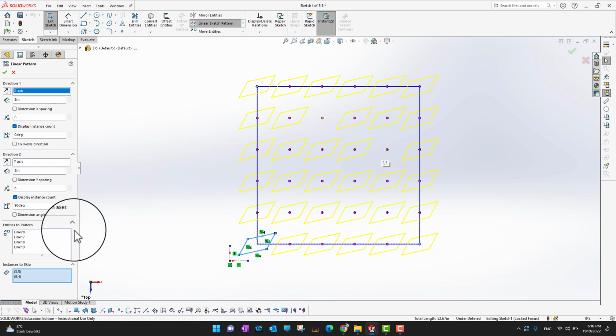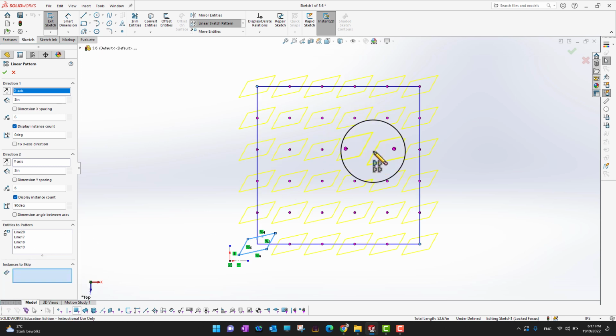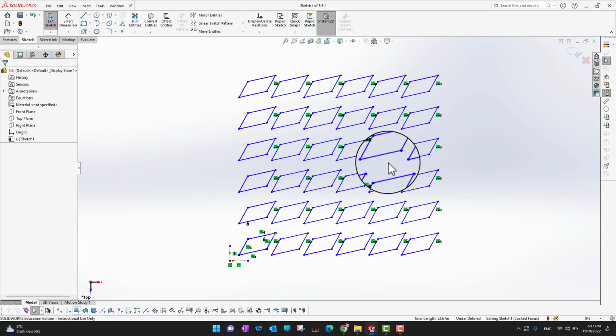Or if you want to bring them back, you can go here again, select the pattern and delete, and it's going to come back. Again, you can select the pattern number which you deleted, right click on it and delete, or just select it and press the delete button on your keyboard. In this way it's also going to come back. So this was all about the linear pattern. So let's undo it